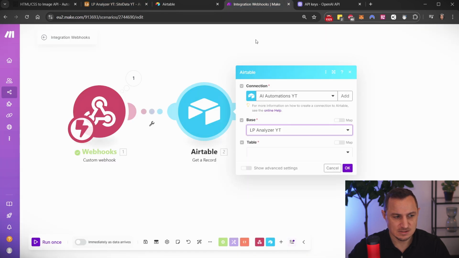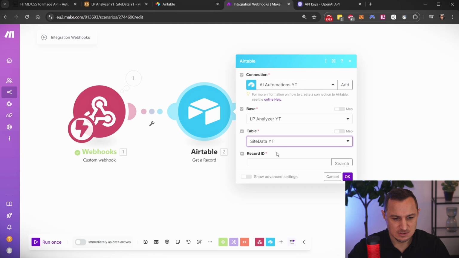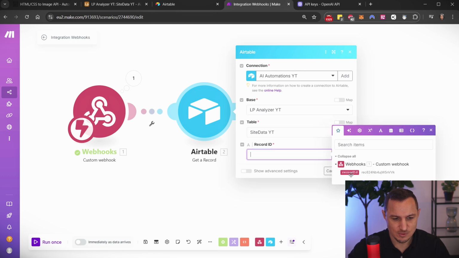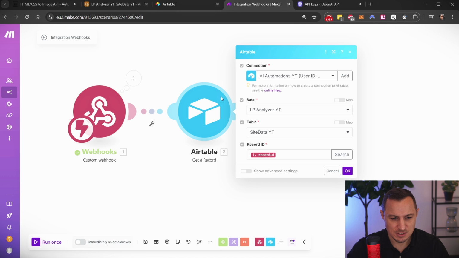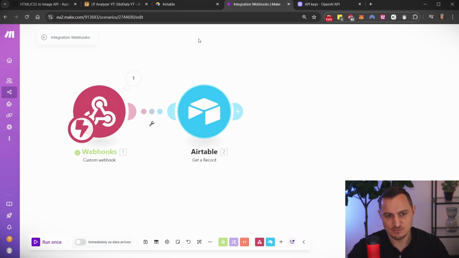And now we can access the table site data, YouTube, and then the record ID is what we get from the webhook. So from this individual webhook here. So I'm going to save that. And we see this is exactly the record ID that we got here. We are now putting into this Airtable and we get the record. Now, obviously we don't have that record anymore because I deleted it, but that's fine. So now what we can do is we can load the data from this webhook and then go into analyzing